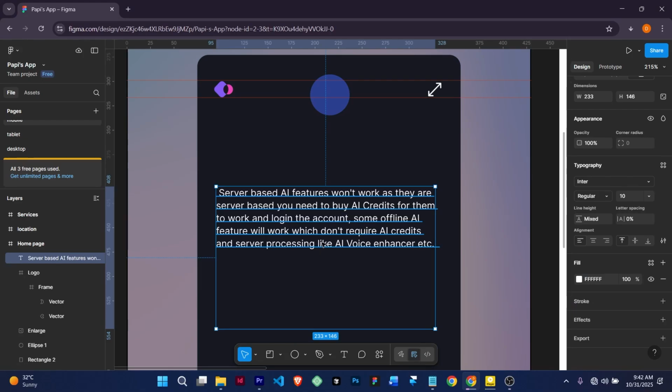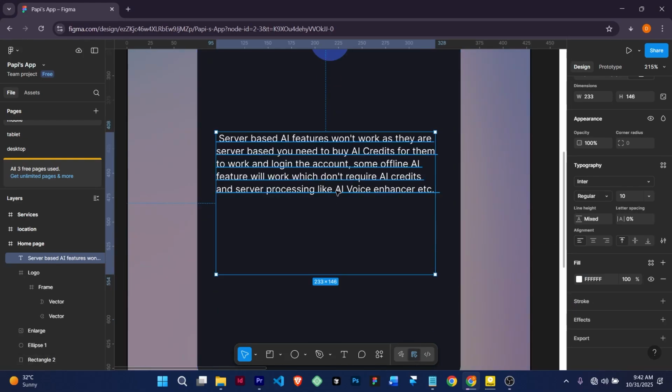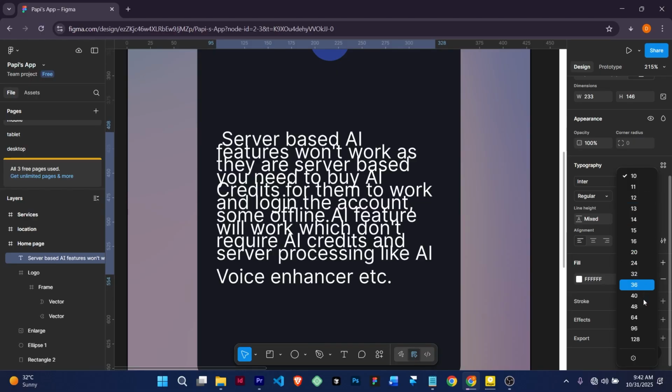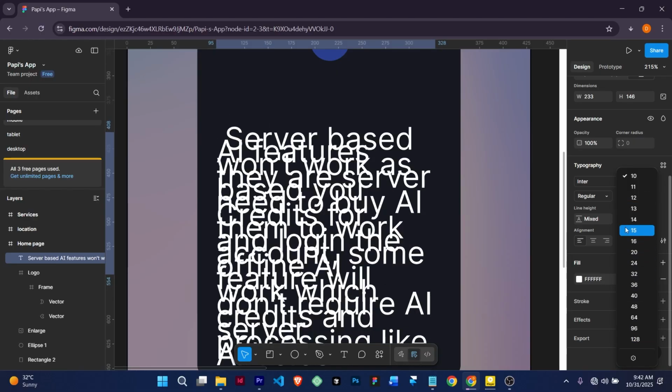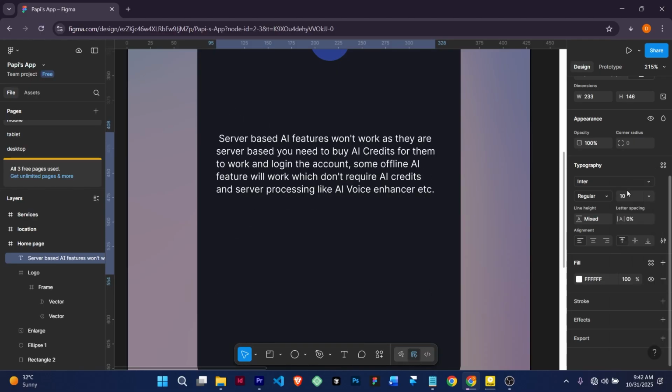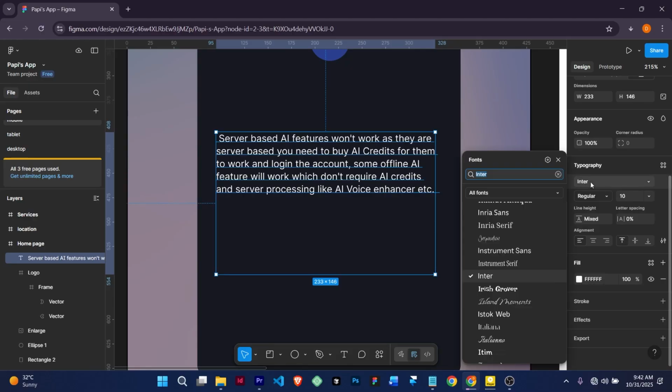So we were able to paste our text here, and this is the font size we are using, 10 pixels. With this panel, you'll be able to change your font sizes. Okay, and we are using the font Inter. That is the font you are using. So we can use this one,